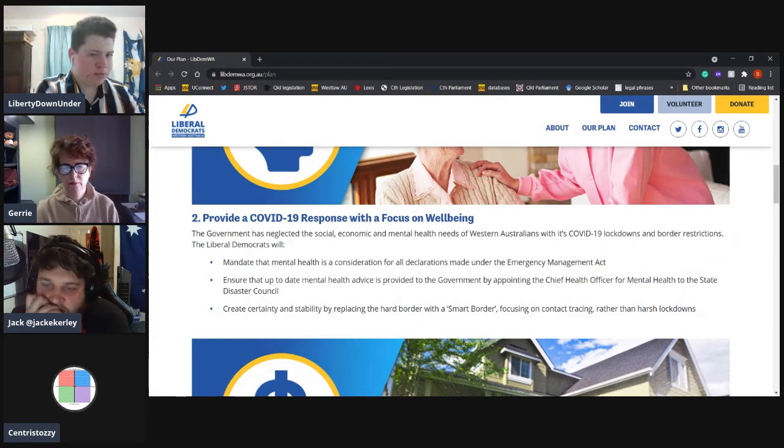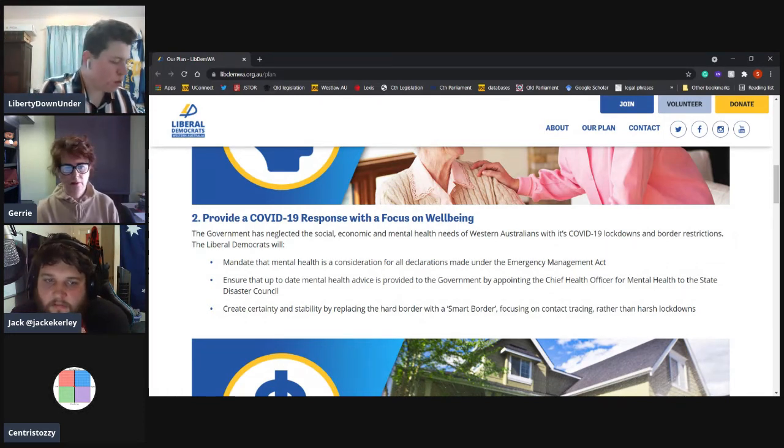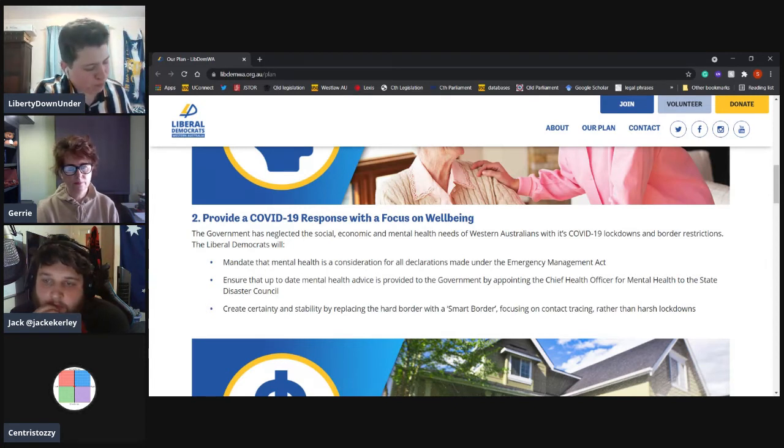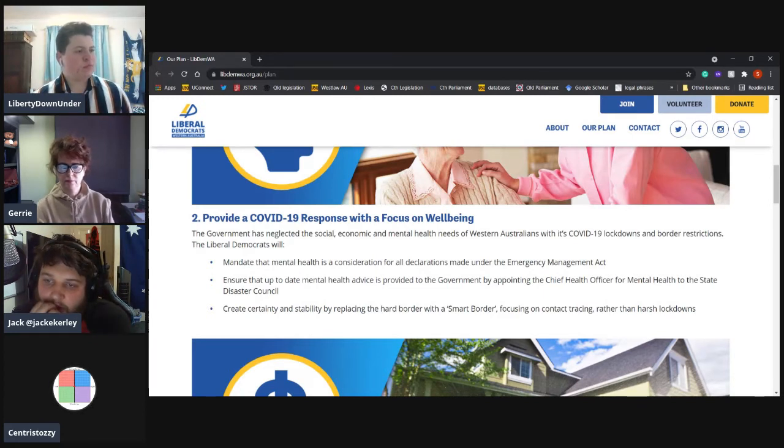So the COVID response is very similar to the UAP. It's basically scrap lockdowns, scrap overreach of the government with all this passport talk, but also basically, again, put the responsibility back on the person with their own health rather than the collective being responsible for everyone else's health. And if you scroll down again,